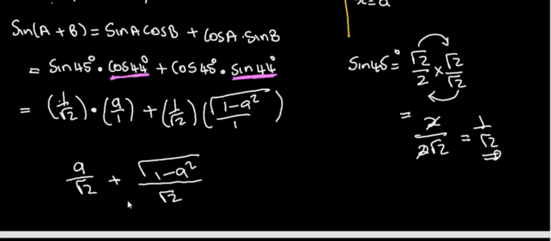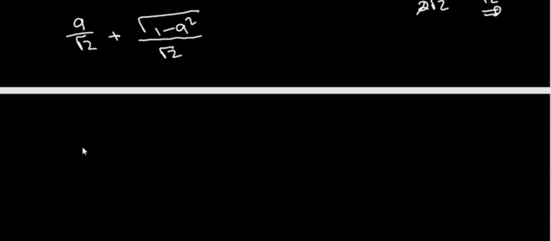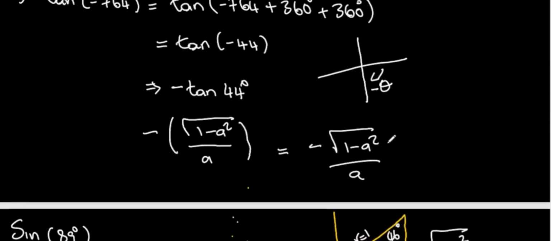The denominators are the same. We can just write this thing as 1 fraction. So this will be root 2 on the bottom. The top part is a that we need to add to the root of 1 minus a squared. And then you've managed to solve that question, where they want you to find